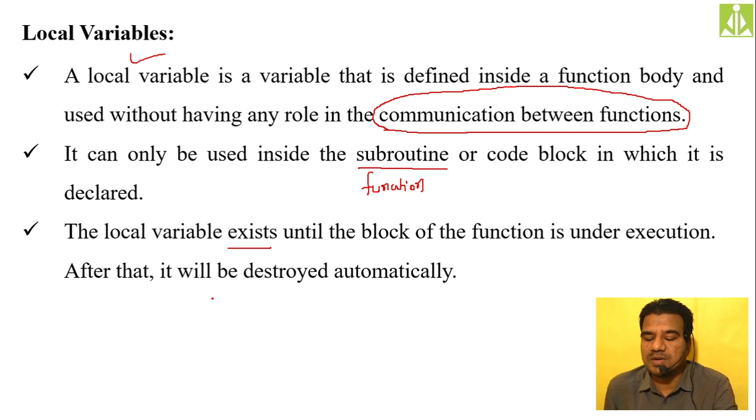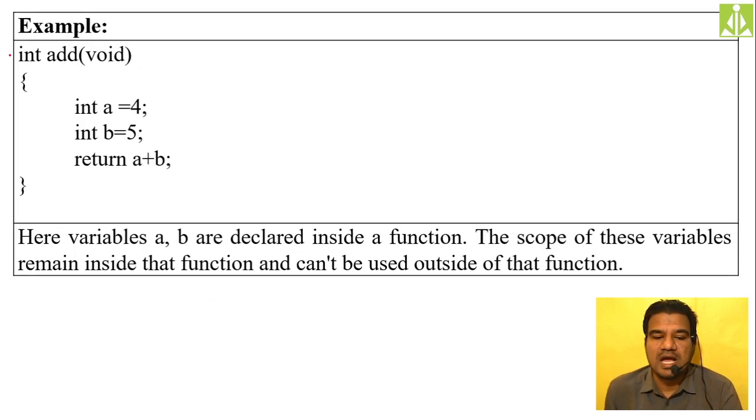Just to understand this, I have taken an example function, add, which is not taking any parameters. There is no input, because here it is void, meaning there is no input to this function, and the return type is integer. So the function must return an integer type of value. The function name is add, a simple add function, and it is a user defined function. It is not a predefined function.